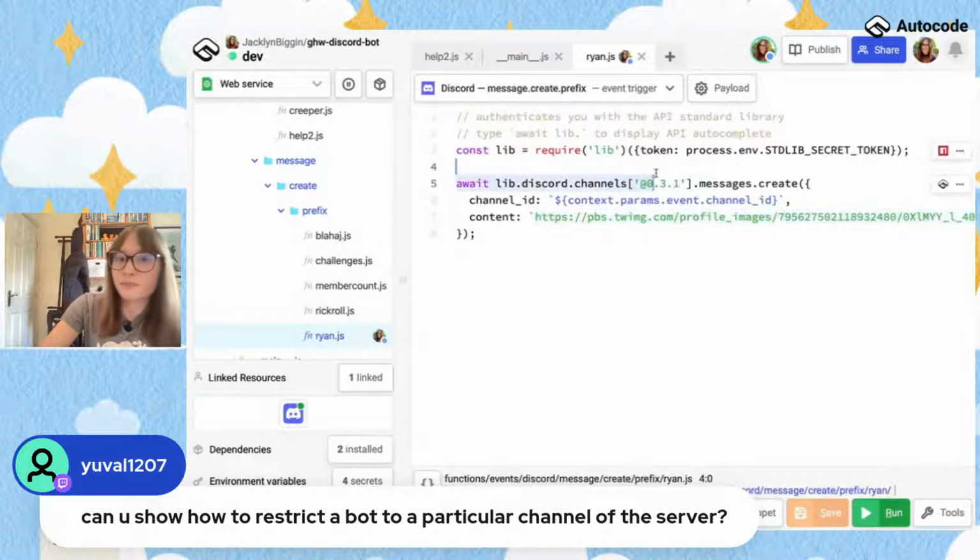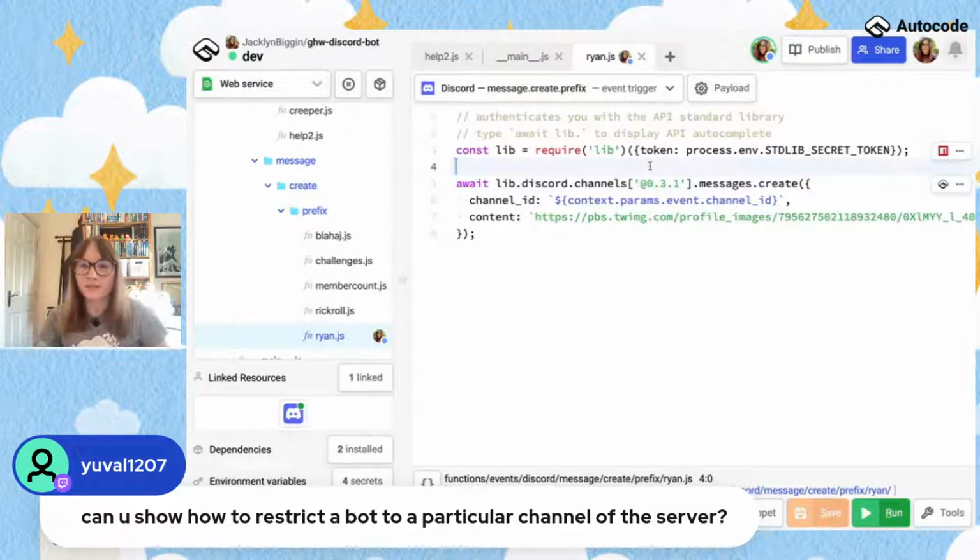Okay, so before we even think about the Autocode specific stuff, let's think about JavaScript and programming in general. If we want to do a check to see if something is the case, so if I'm in the right channel, for example, what kind of bit of code would we use for that? What's that called? Does anyone know? There's a very specific thing which I suspect a lot of you will be aware of, and in Autocode it's no different from regular programming.